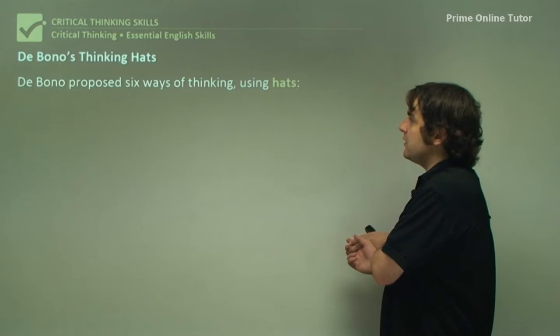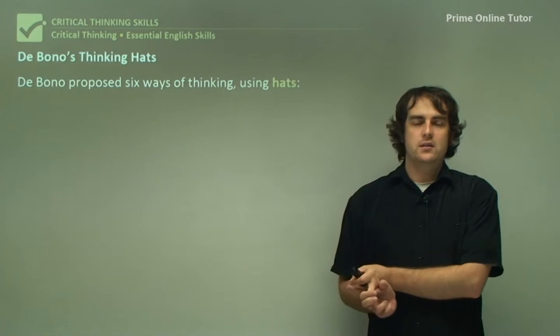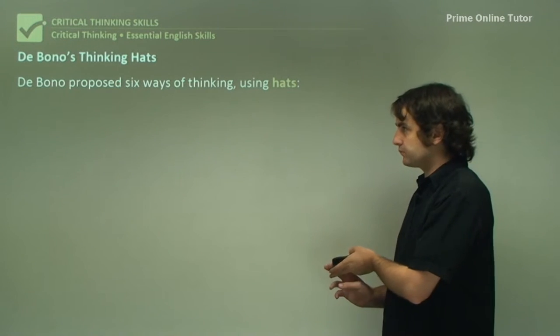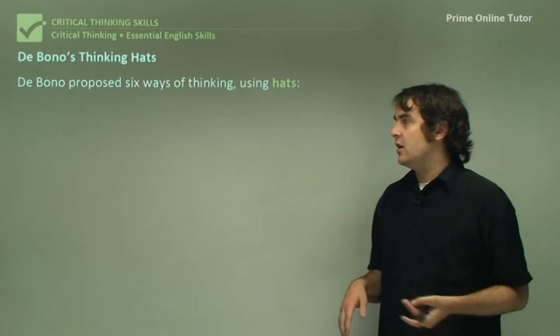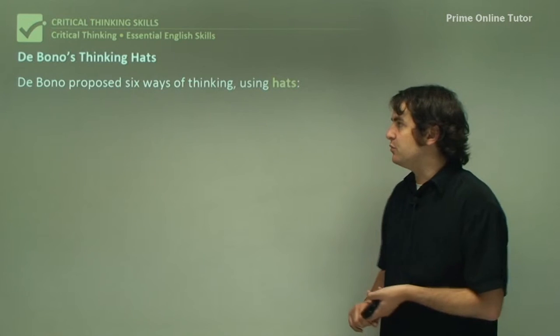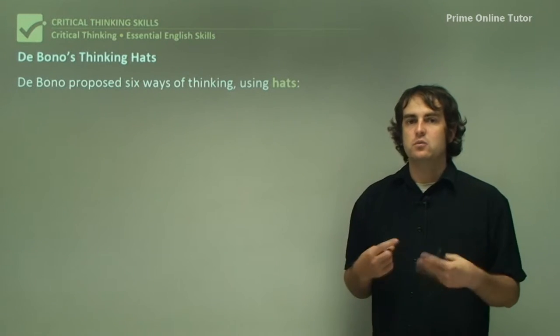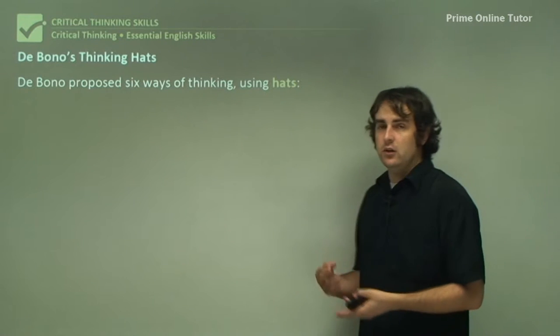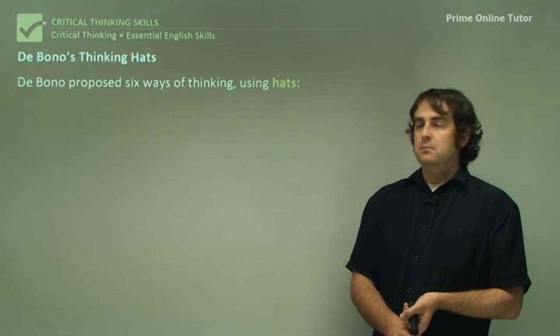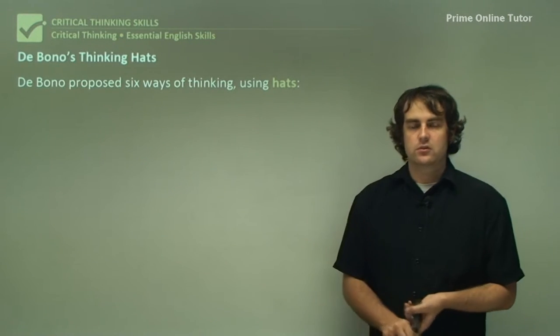And he proposed 6 different ways of thinking. He is a philosopher, psychologist; he does about 1,000 things. He's responsible for a lot of different ways of thinking. He's known as one of the world's best thinkers. And he devised basically not only the term lateral thinking, but he devised 6 hats in order to describe how